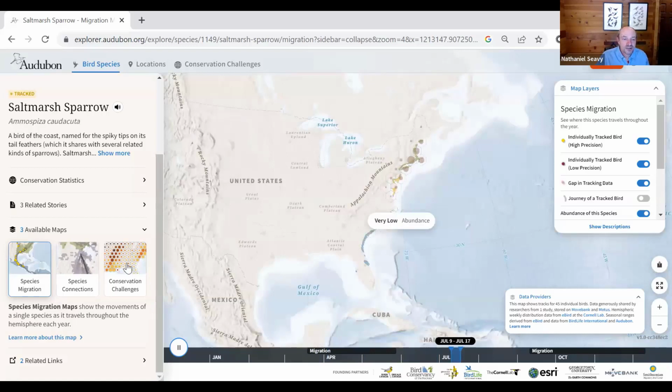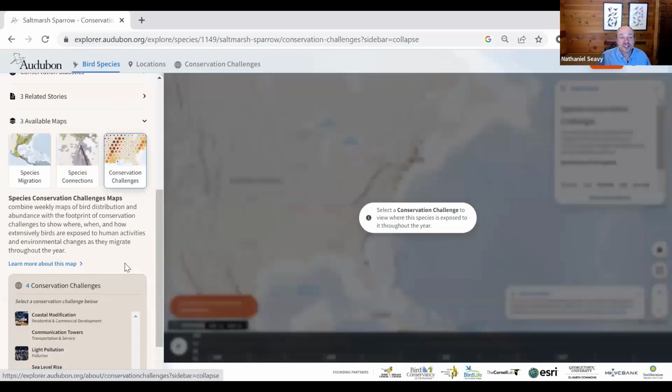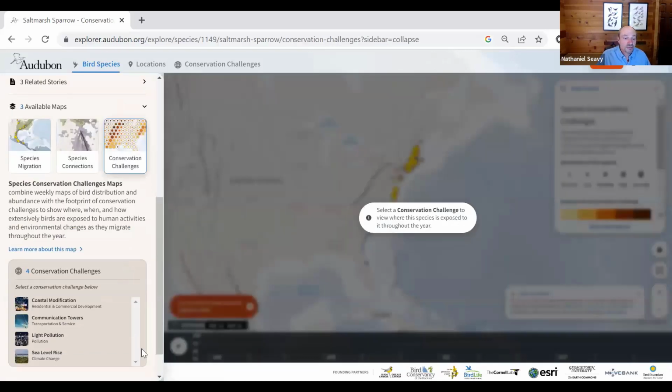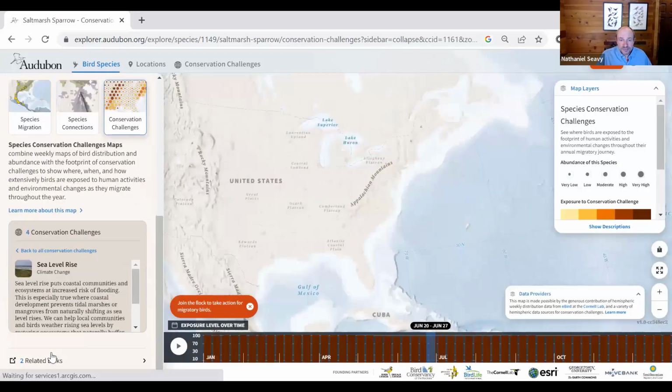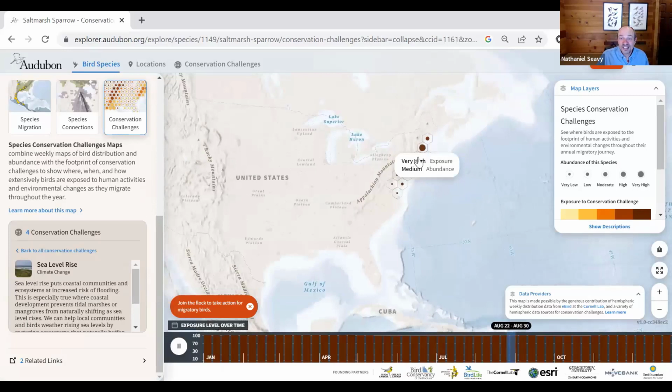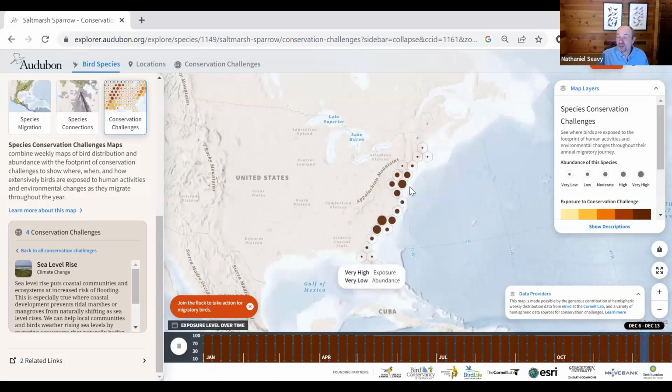And then I wanted to go look at conservation challenges. So this is what we did last time for common tern, but we'll look at a different one this time. We'll look at sea level rise. And we actually see something different here. So for sea level rise, we see that where the entire year, all of the sites are that dark purple color. And so it really shows that something like salt marsh sparrow is exposed to sea level rise throughout their